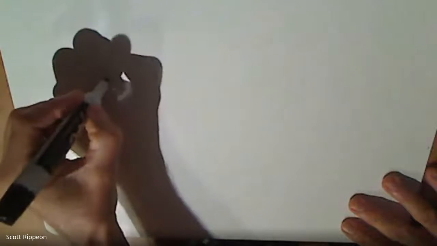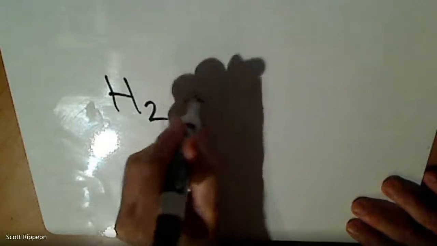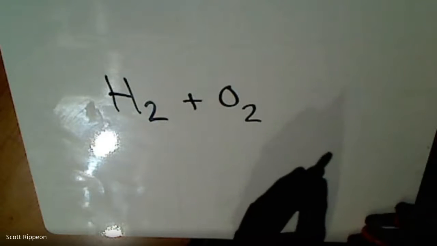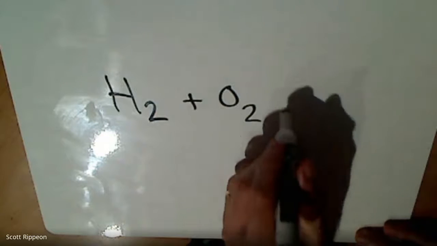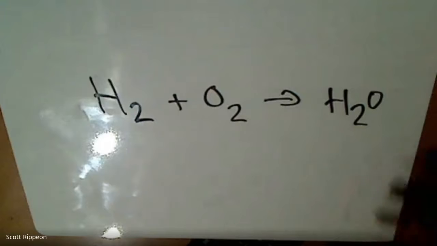All right. So let's take really simple chemistry. We're going to take hydrogen. That's that stuff that was in the tube, the one tube that the guy ignited. And oxygen, that's the one that caused the splint to start to burn again. We put them together and they make water. All right. Now,